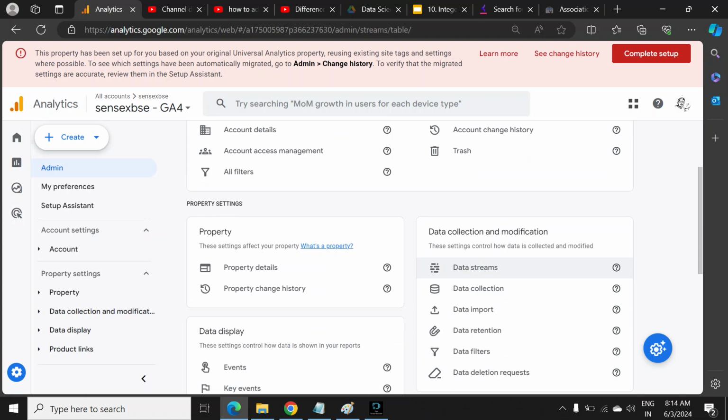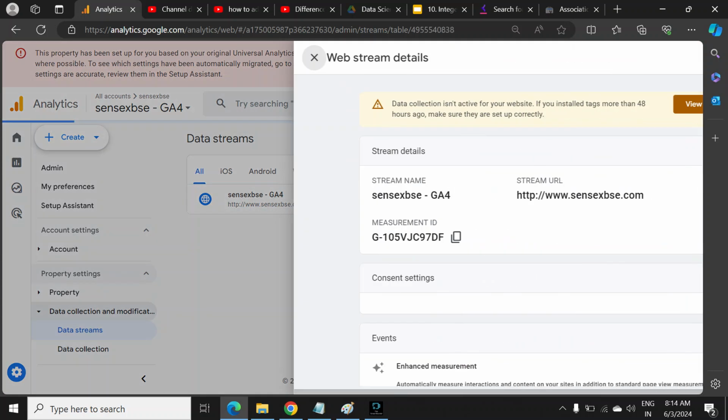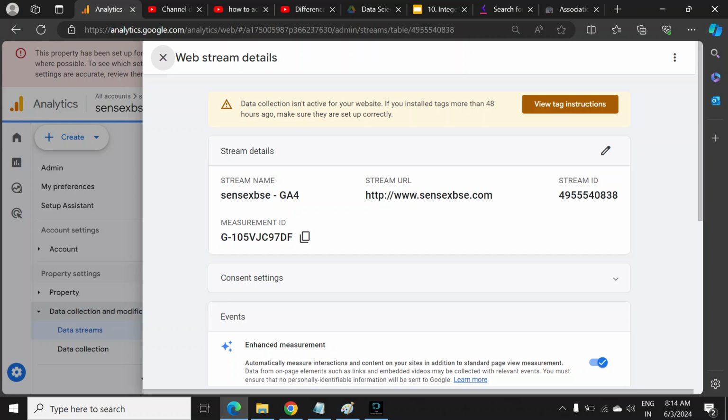So I will click here. You can find here if you added an account already. If not, then you have to add your account or website. So here are some options for what you want to add: web, Android, iOS, all. So in the all section you can find all your IDs. So you have to select your account or website, we can say. Here you can find your tracking ID,